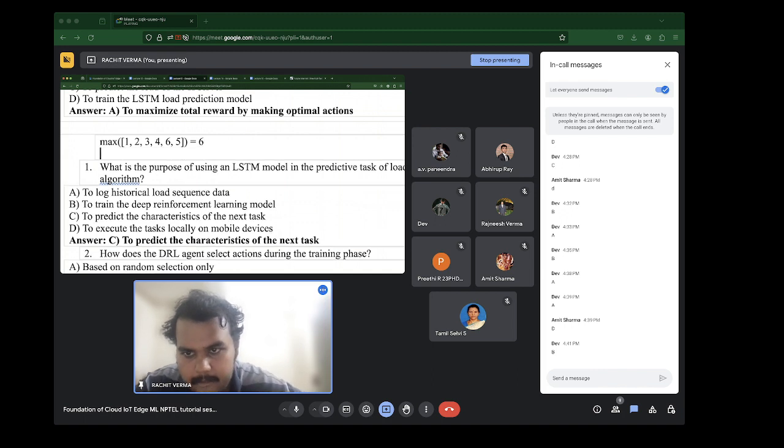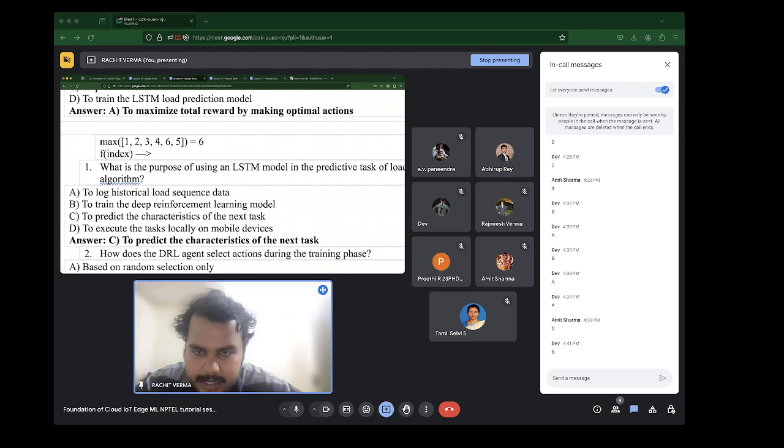But let's say I have a function f of x that takes an index and returns the element at that index.